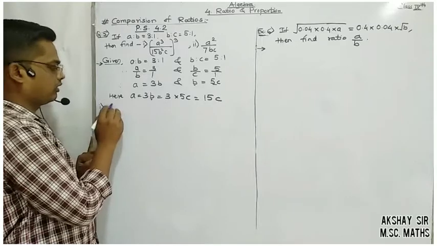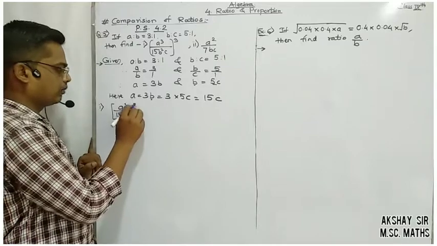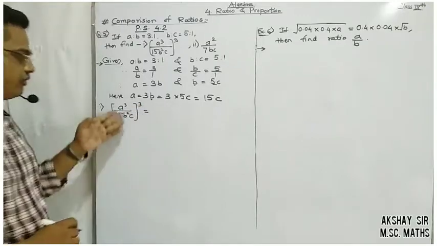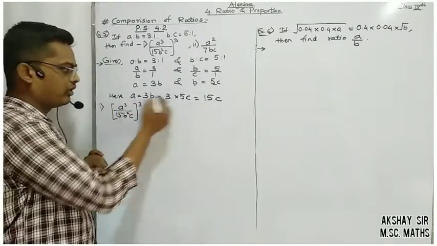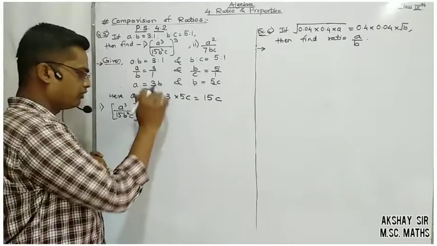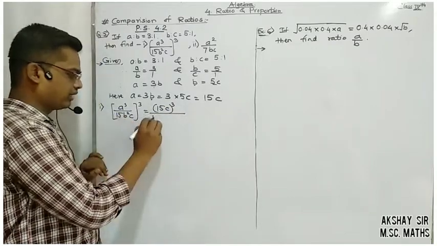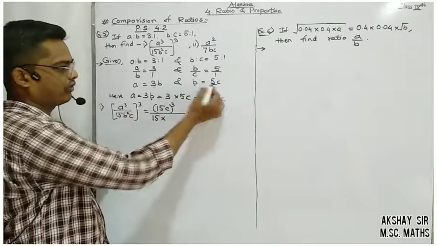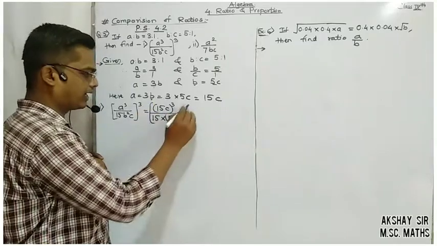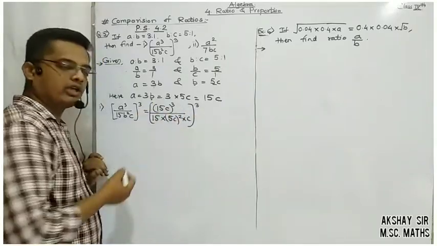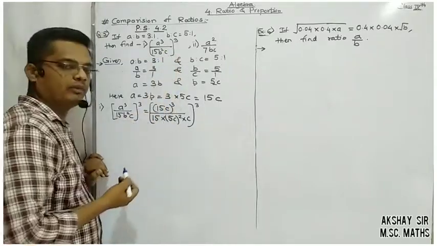So for the first one we have (a cube upon 15b square c) whole cube. Now let us put in the values that we have right now. A cube, the value of a we got here as 15c. So we will put the value of a as 15c instead of 3b. So we will use (15c) whole cube upon 15 as it is into b square. The value of b is 5c, so we will put here (5c) square into c, and the whole bracket cube. Now if you look over here, we have got all the values in terms of c only, as it was in a, b, c, now all values have become in terms of c.